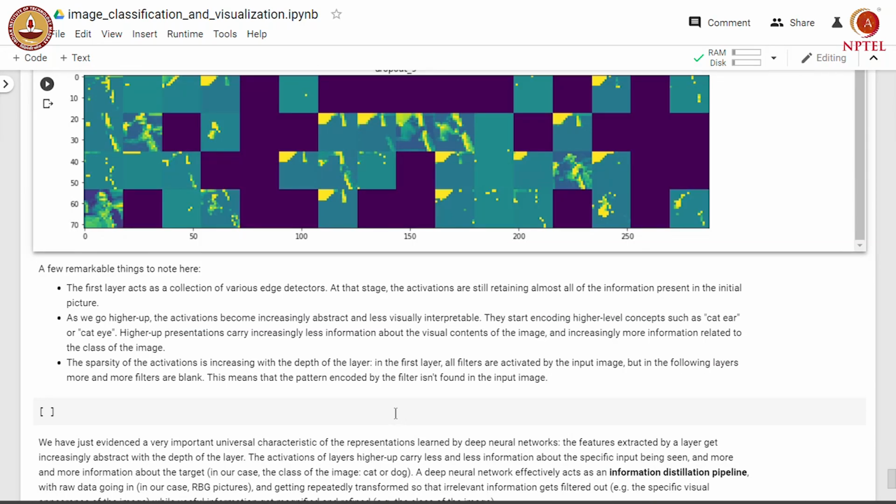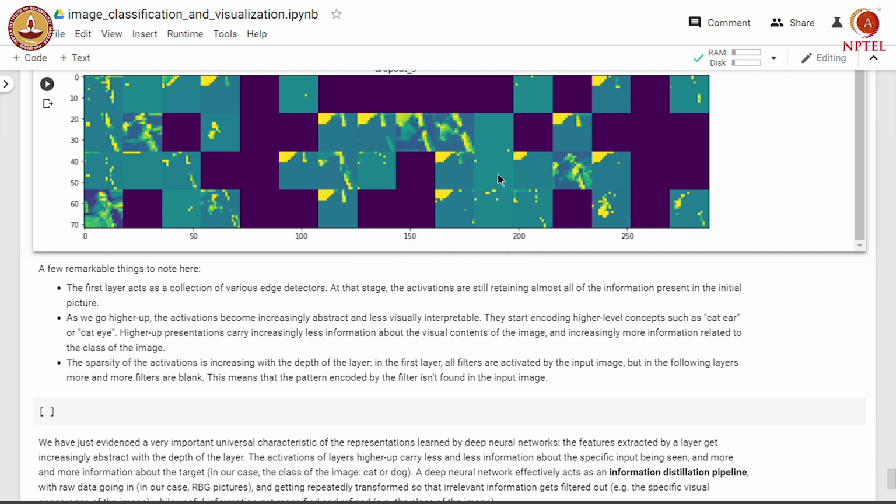As we go higher up, the activations become increasingly abstract and less visually interpretable. They start encoding higher level concepts such as cat ear and cat eye. Higher up representations carry increasingly less information about the visual content of the image and increasingly more information related to the class of the image.